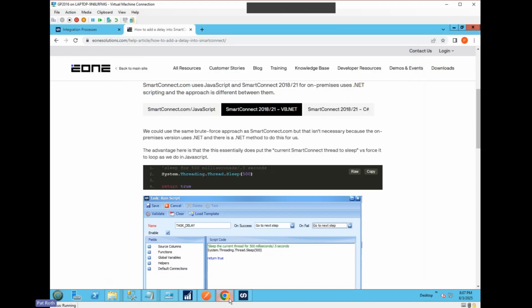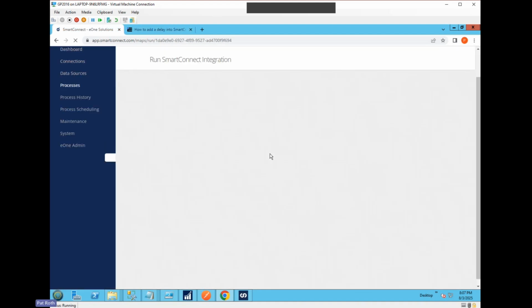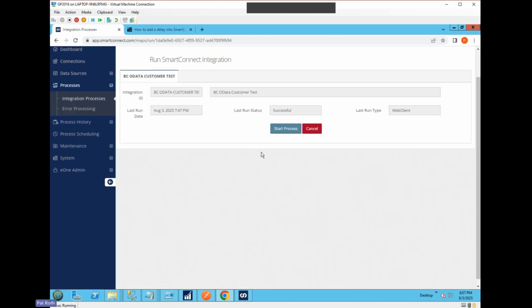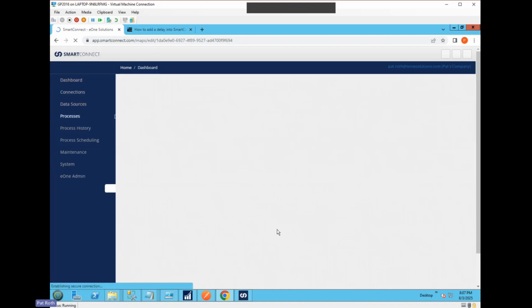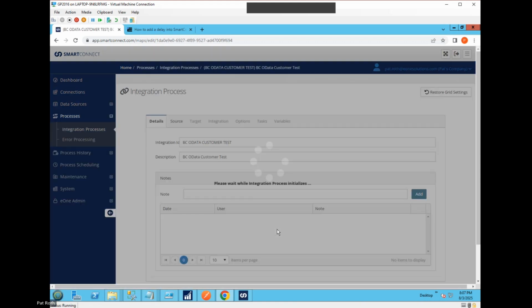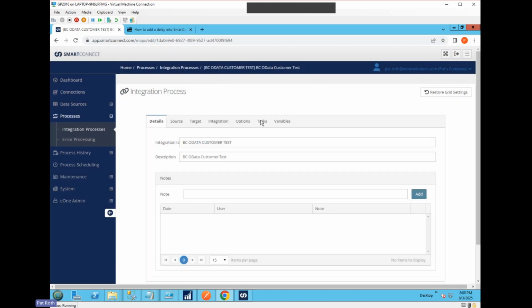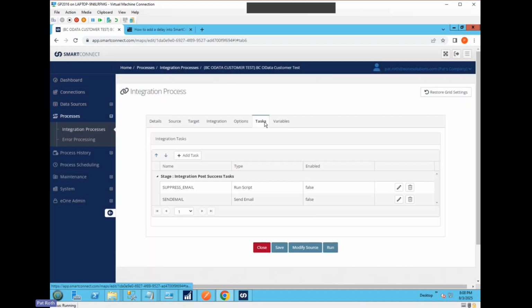Now, if we were in .com, we can actually do the same. So I have an integration process here, and we'll know it's a BCO data integration. Let's just run this one. And it ran, and it only took, again, a few seconds. So let's modify the process. And that was successful. So we're going to use an after document success task, or after map success, I should say. So let's add a new task,